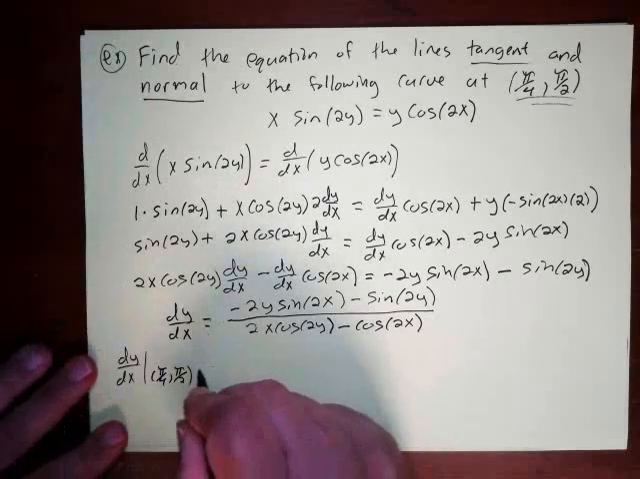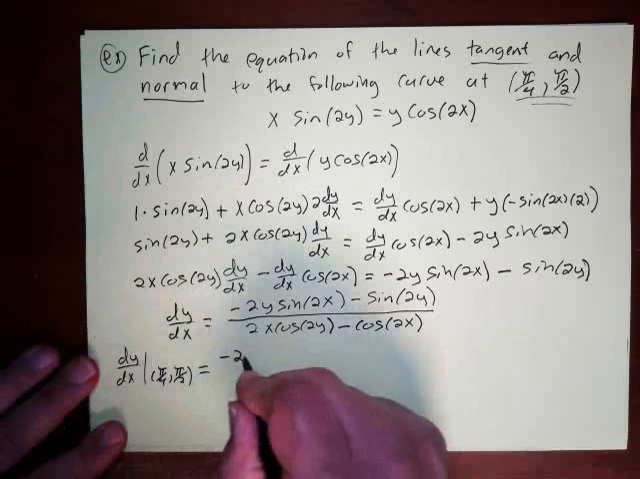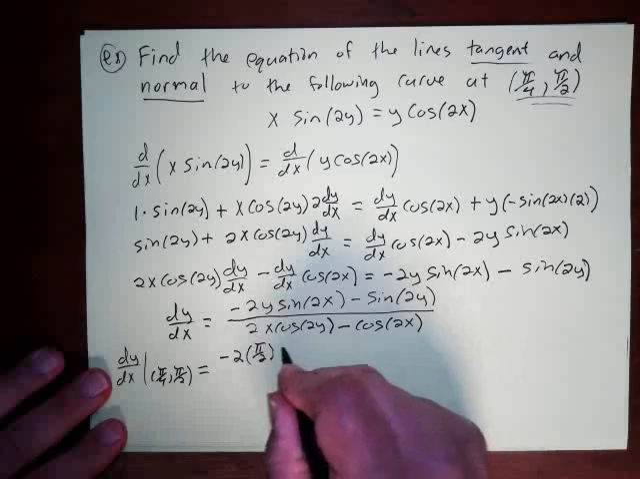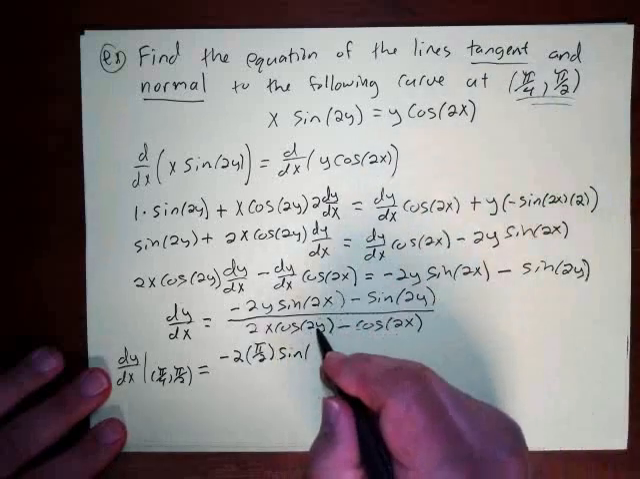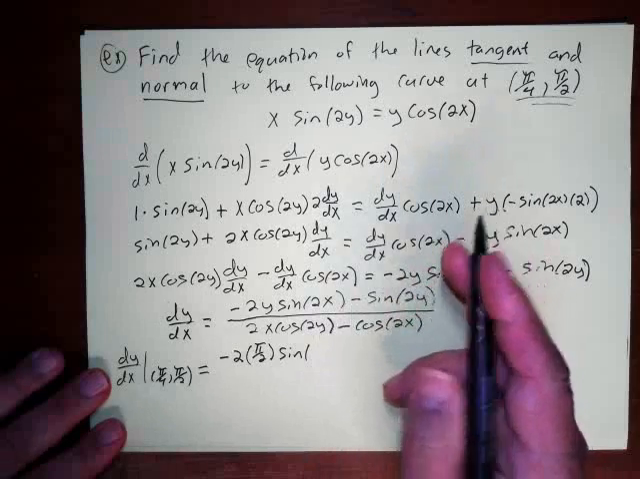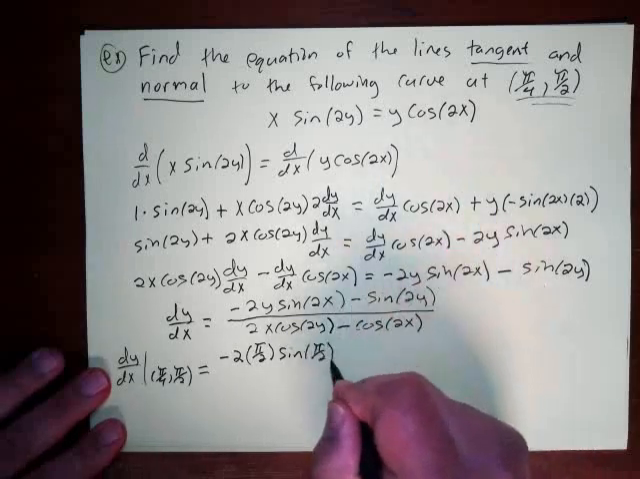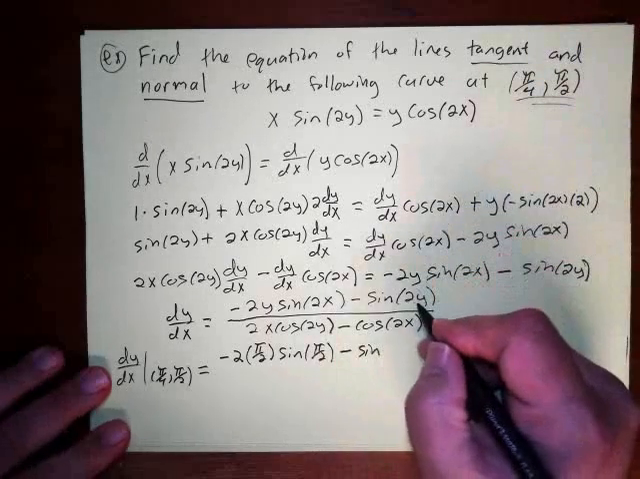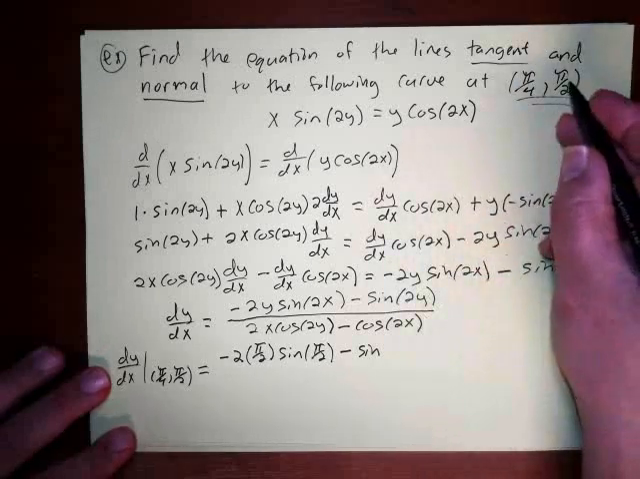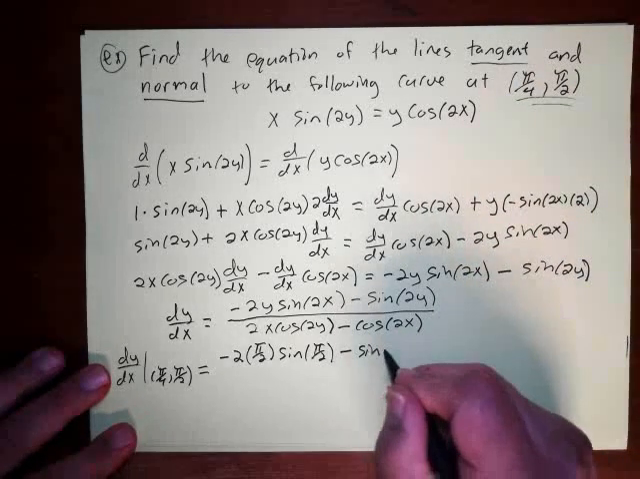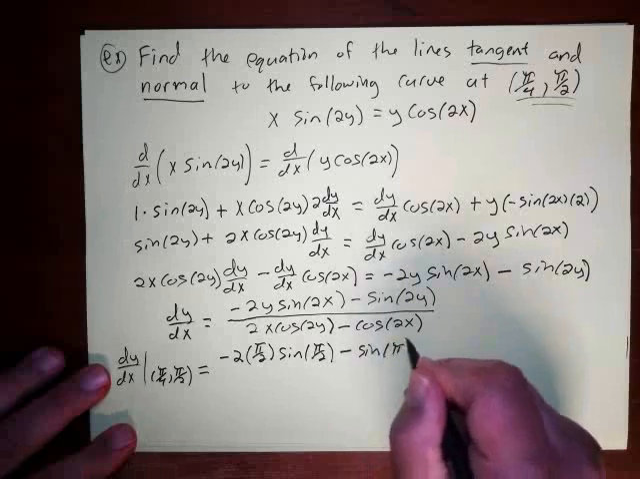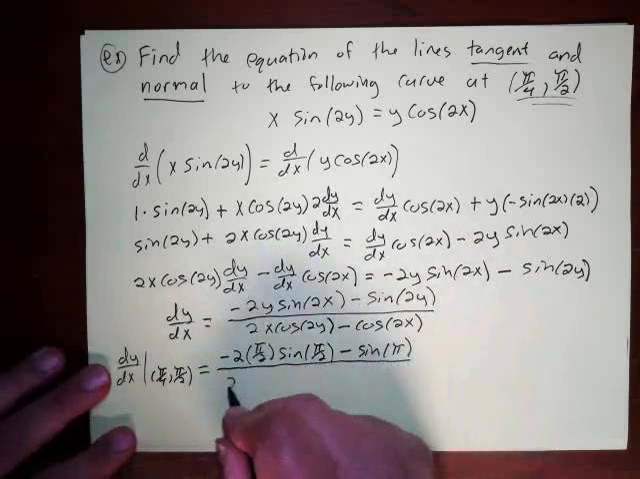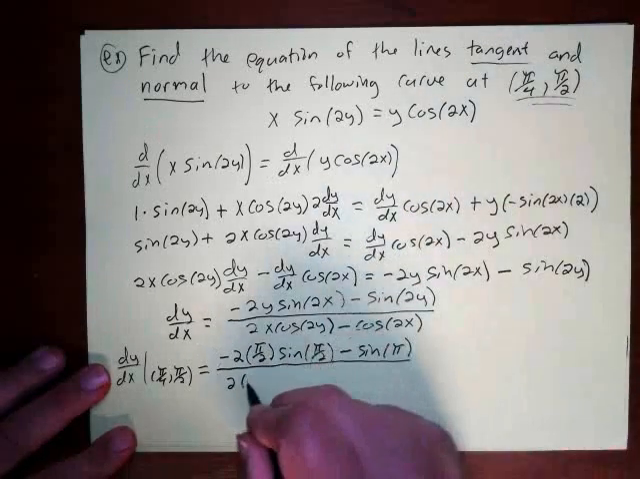Okay, so when I do that, I'm going to get negative 2 times the y, which is pi over 2, and then this is going to be sine, and when I plug in x here, I'll get 2 times pi over 4, which is just pi over 2, and then this will be sine, and when I plug in the y here, I'll get 2 times pi over 2, which is just pi, sine of pi. And then all of this is going to be over 2, and then the x is pi over 4,